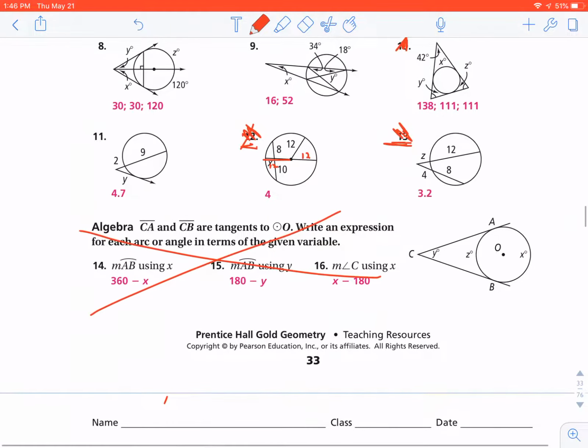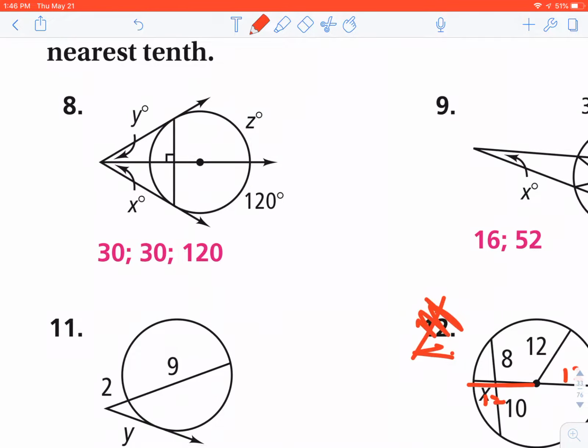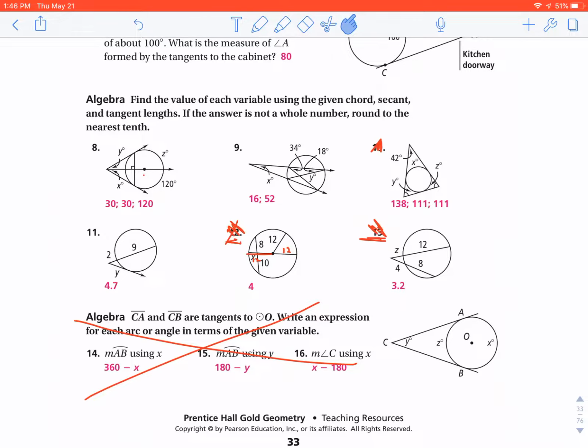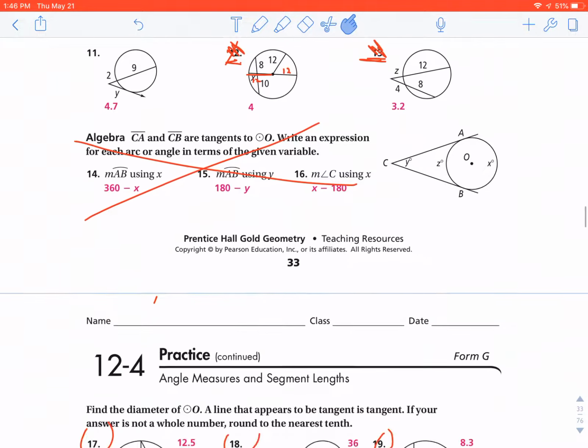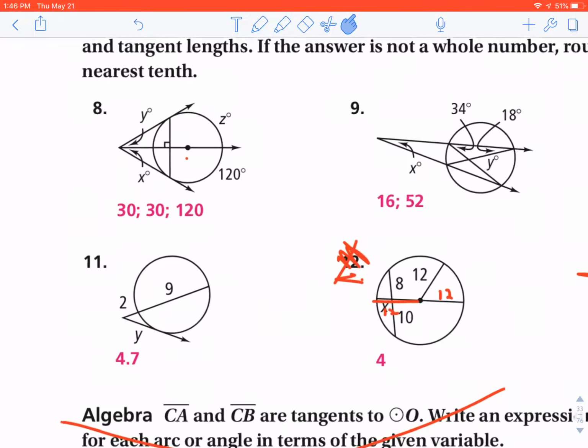So for this, I'm going to do a couple of these. So let's go ahead and just dive into this. I'm going to do 8, 9, for sure. I'll kind of give you a setup for 11, and then we'll go through 17 through 19 as well. All right, so number 8